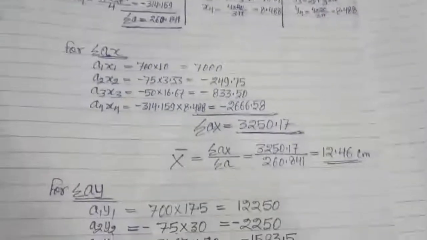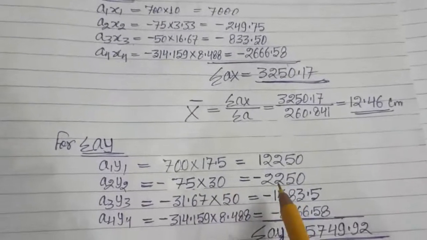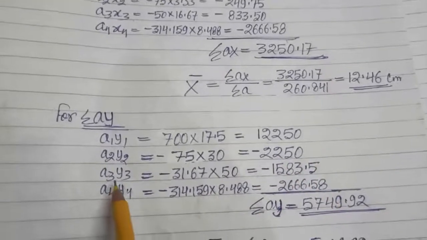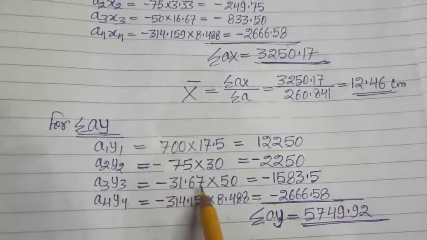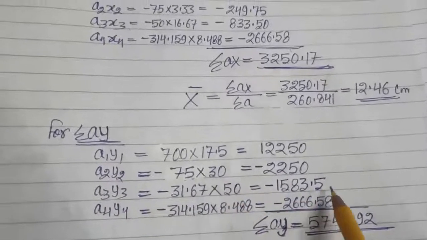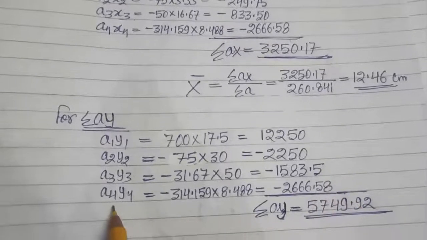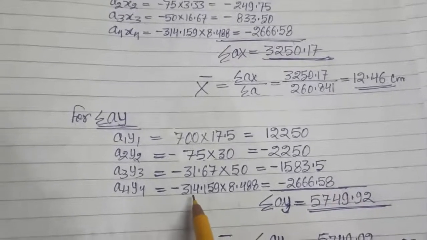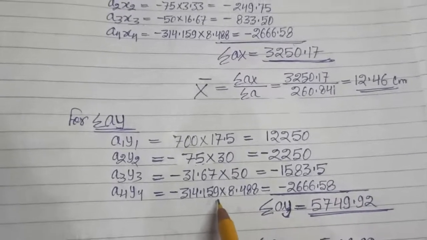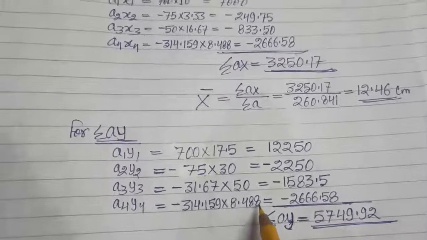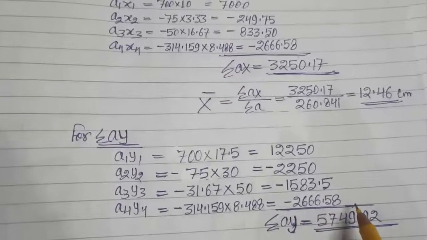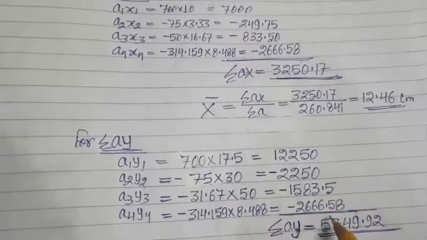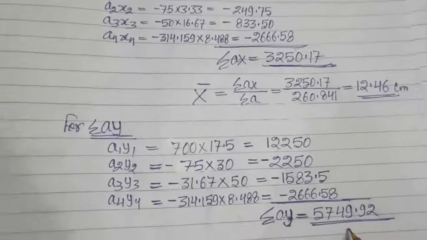So 75 into 30 is minus 2250. For a3y3 it is minus 31.67 into 50. And a4y4 is minus 314.159 into 8.488. On totaling these four, the value comes out